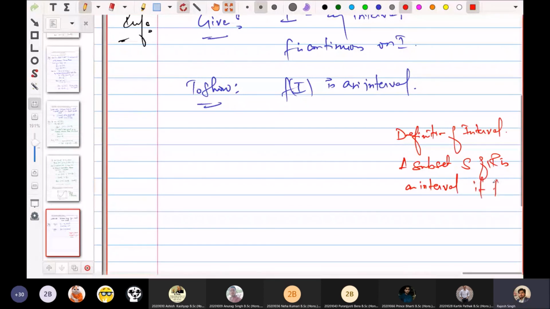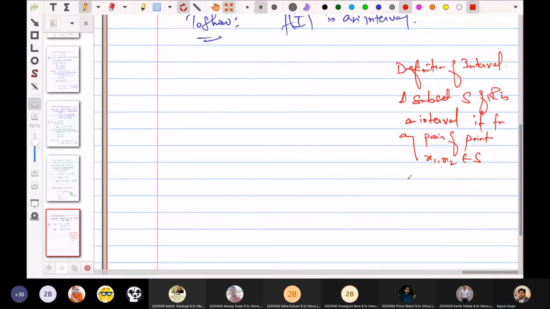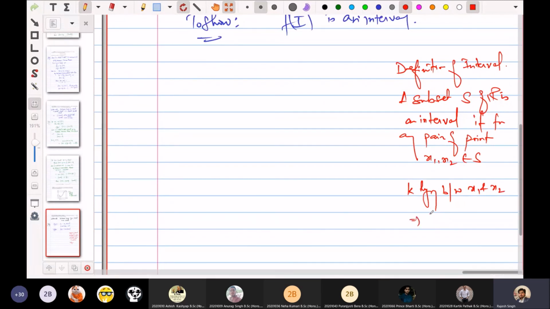A subset S of R is an interval if for any pair of points x1, x2 belonging to S, if k lying between x1 and x2 will imply k belongs to S. So हमें ये शो करना होगा, हमें कोई भी पेयर ऑफ पॉइंट्स पिक करना होगा, ठीक है, एंड देन वी विल हैव टू शो दैट